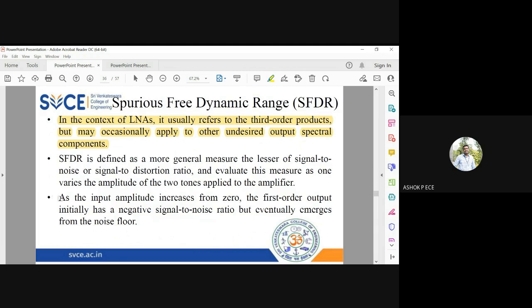So as the input amplitude increases from 0, the first order output initially has a negative SNR, but eventually it emerges from the noise floor. Initially, when the input amplitude and noise level are the same, the SNR is going to be very minimal, almost 0. But as the input signal increases from 0, the SNR will become positive and it will come out of the noise range. So that is what